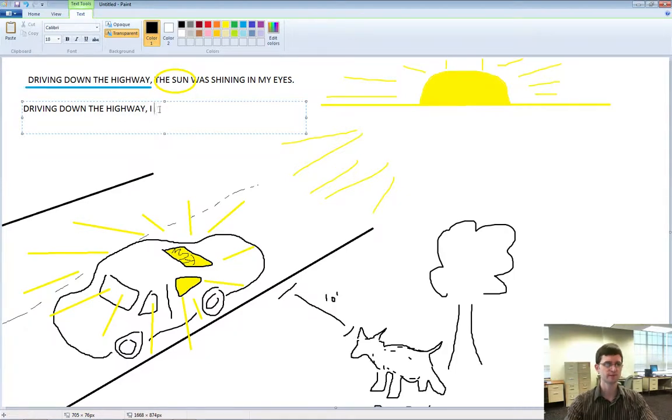Now we have an opening that correctly tells our reader who was driving down the highway. Now we just need to connect the rest of the ideas in. So we need to get something about sun shining into my eyes. Okay. How about this? A little bit different wording, but